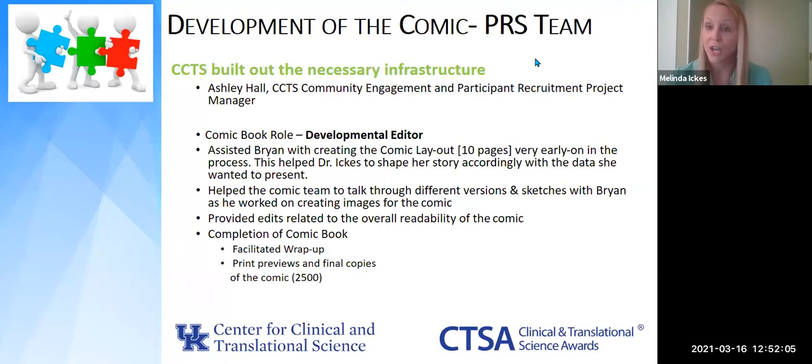We had timelines. We had lots of moving parts in terms of the pages coming together, the text coming together. And so trying to get feedback from numerous people, but also moving forward, because at the time we had a deadline, right? We wanted to present this last year at the spring research conference and then debut the comic at Comic-Con. And unfortunately, due to COVID, things were kind of put on hold. But at the time we had this timeline. And so we knew we had to get to print by a certain date. And so we had to keep moving forward. And Ashley certainly helped us all keep moving forward, and so appreciative of that.